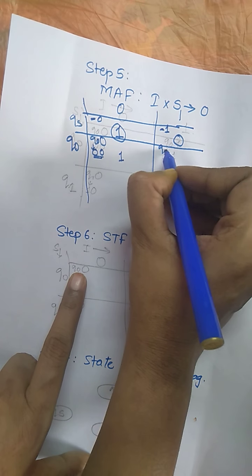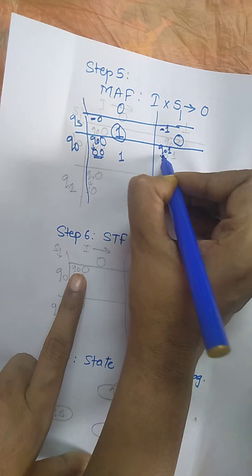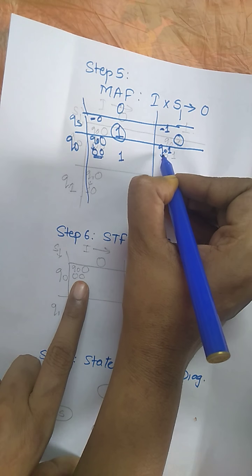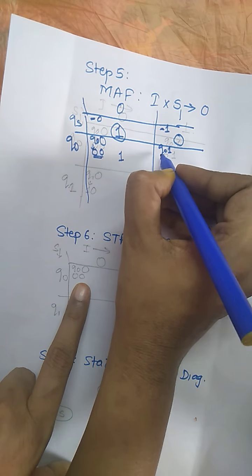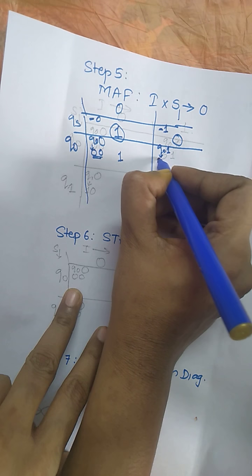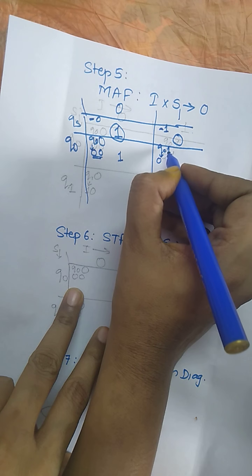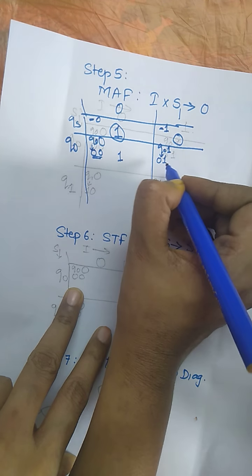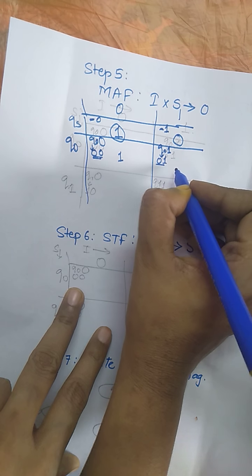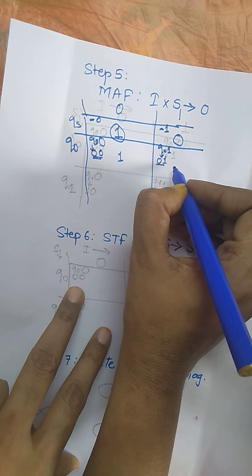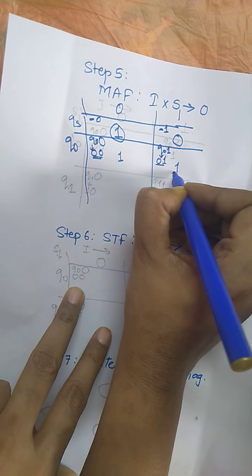Now Q0 with 1. With string, not the output. The string is represented by Q0. Q0 represents the string starting with 0, for example 0, and the next bit as 1. So whether this string is accepted by your machine, yes, the string is accepted by the machine. So for yes, we have 1.